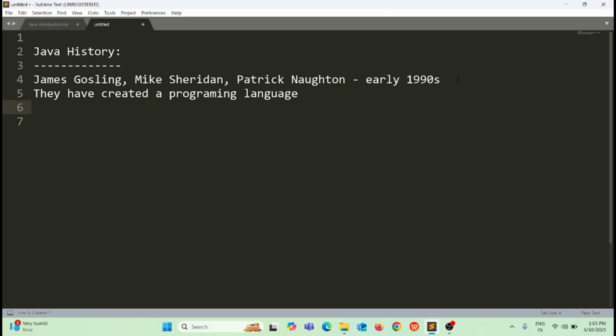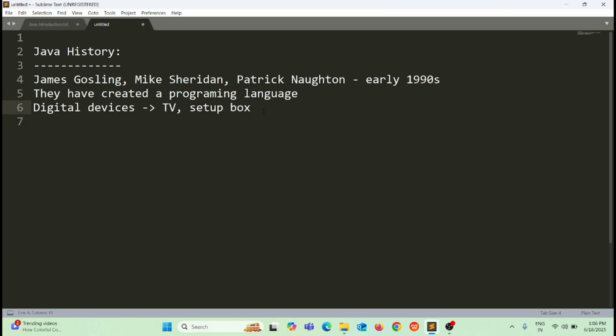Basically, they created the language to support digital devices, like TV, set-top boxes, etc. To support these digital devices, these three persons in the early 1990s created a programming language.